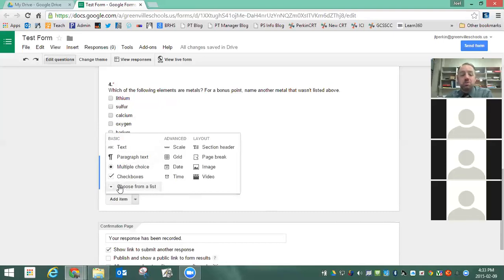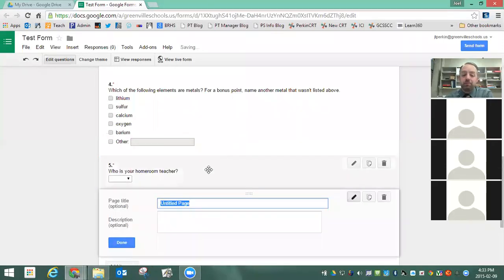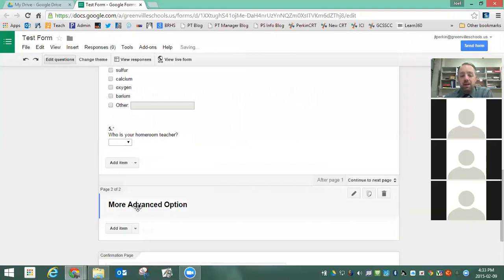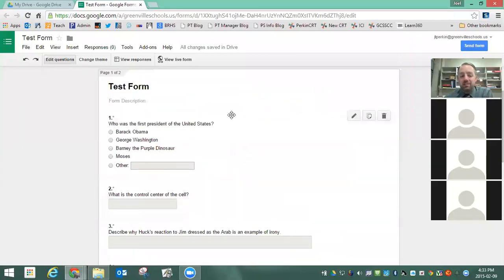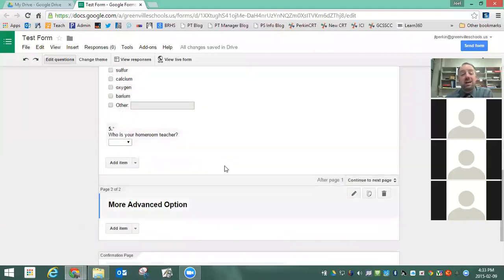So I'm going to add a new page to go to the more advanced ones. And to create another page, we just add a page break. And I'm going to call this page more advanced options. And again, you can put a description there if you want to. And so when students are taking this, this is the first page they'll see. They'll answer these 5 questions, and at the bottom of the page, it will say next, and they'll go to